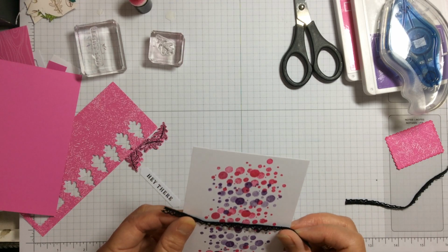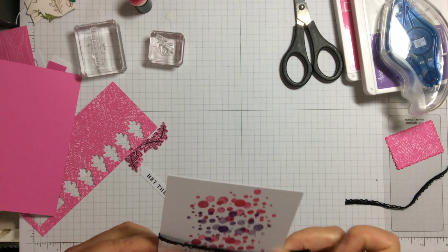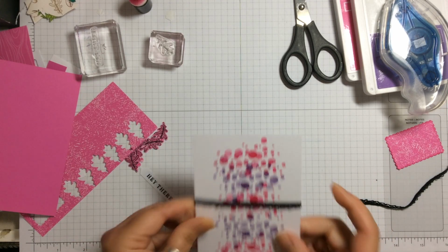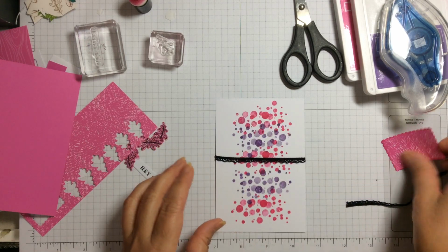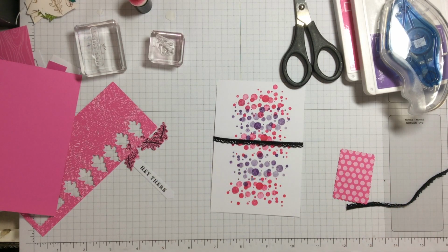It's only a little tiny little piece. You could put a little strip of black cardstock, might work actually, but I think this will go all right. So we'll take that across there and take that little piece on there. Okay, so we've got a little piece of ribbon through on there. Make sure that doesn't stick on there. We're going to put this piece just straight over the top with some dimensionals. So let me grab some